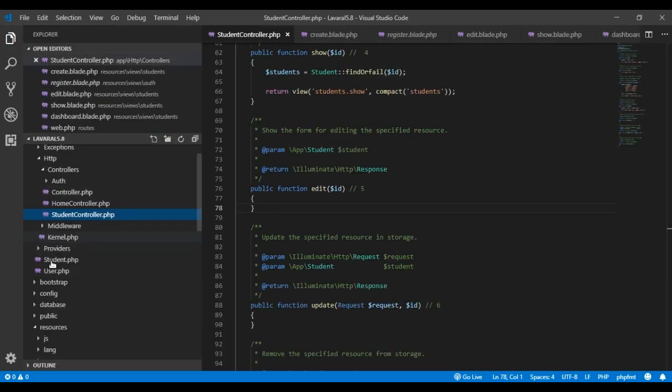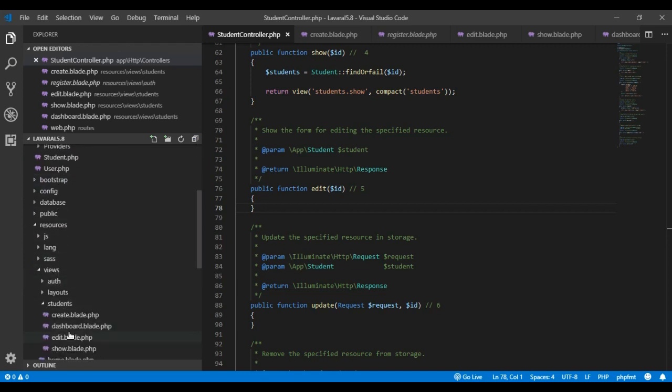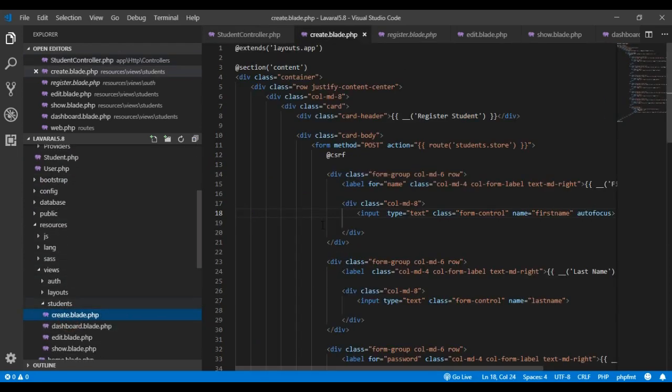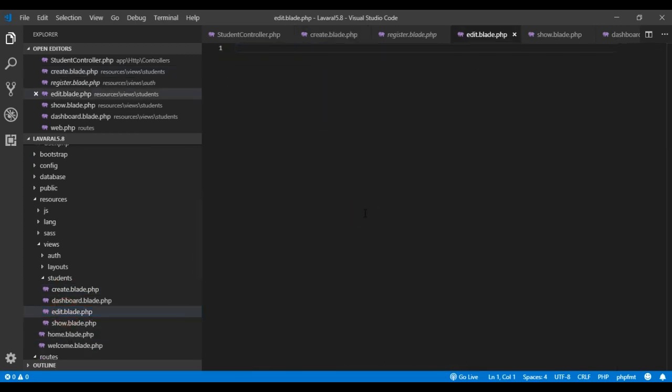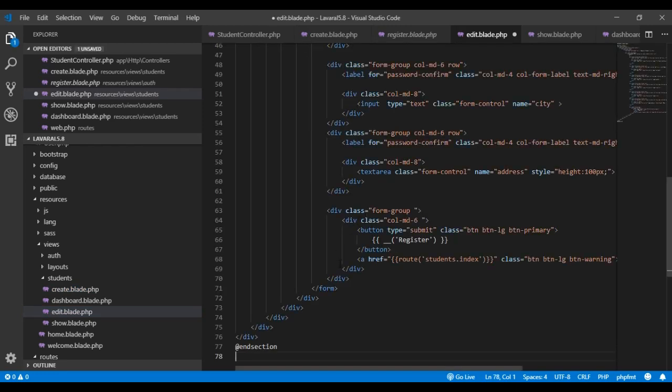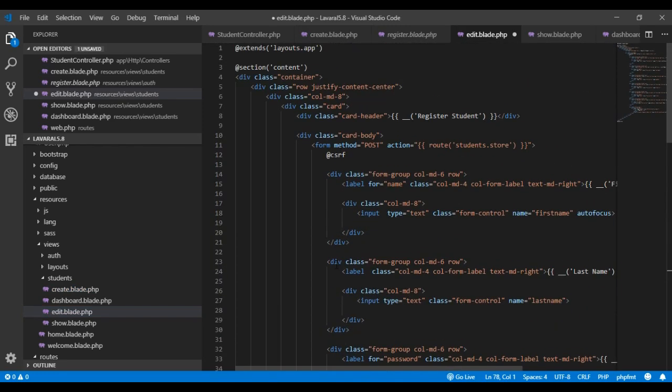Let's open our create.blade file. Inside our create.blade file here, we need to copy all this code, and open our edit.blade file and paste it all here. And inside here, we need some changes so that we are able to do our edit. So let's first change this register to edit,